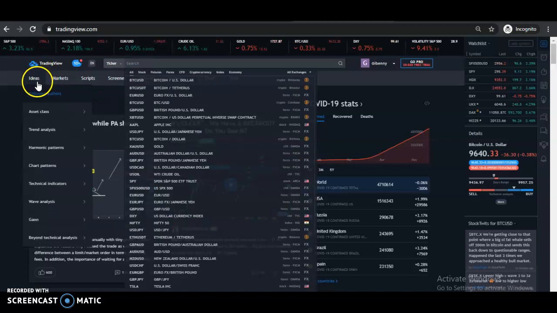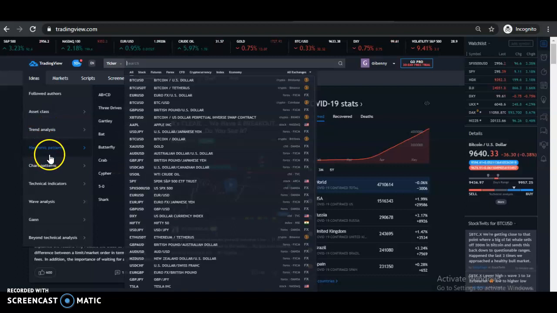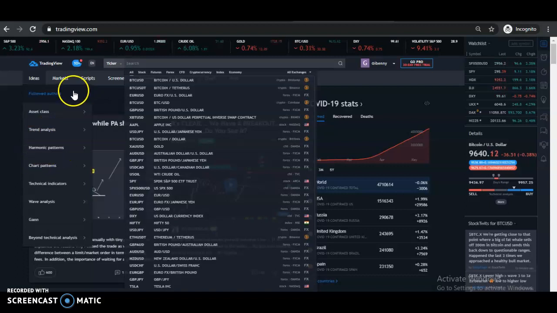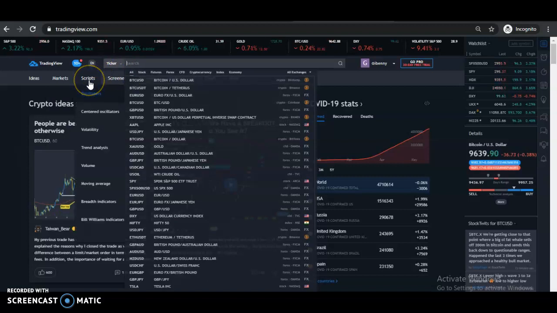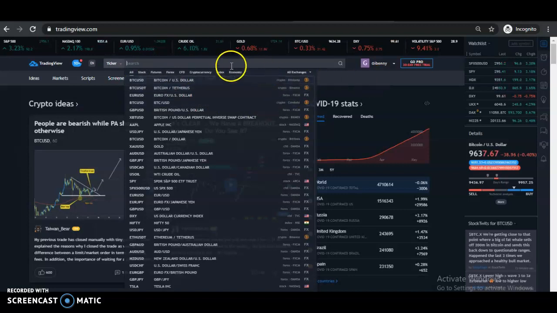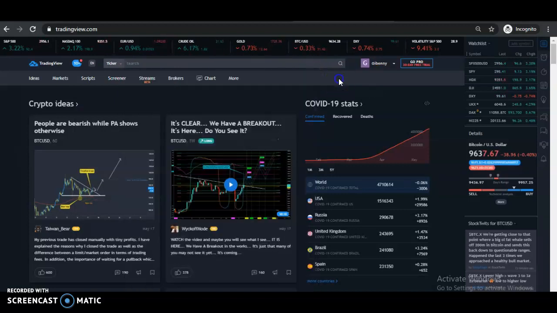Then ideas: you can choose asset class, followed authors, trend analysis, harmonic patterns, so it depends. Under markets, you have cryptocurrency, currencies, stocks, indices, futures, bonds, and lots more. Then scripts: you'll see oscillators, centered oscillators, volatility, trend analysis, volume, moving average, and more. There are many other things to check out here, but I'll be going straight to the chart